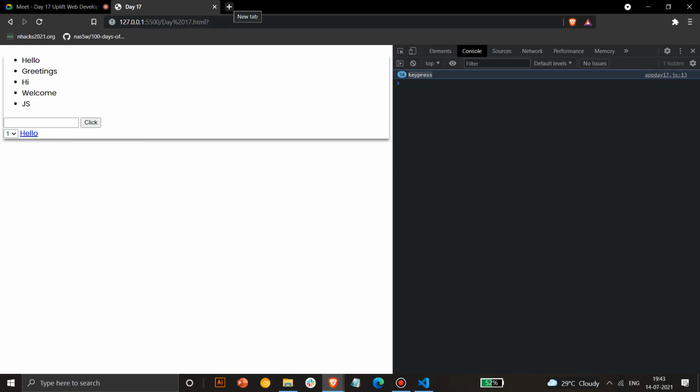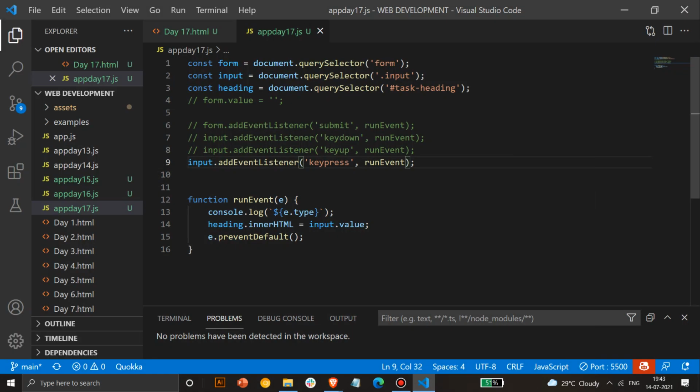You see in many forms, as you click enter, it moves to another form field. In those cases, key press is used. It won't type out anything, it will just move to another option. Same thing, you can bind it with any key. So if you tell someone to press Q to move to another place, or W to move to another place, you can do the same thing with that. Any of the keys, if you press it, it will just run key press and it won't give the output here. So that's the difference between these.